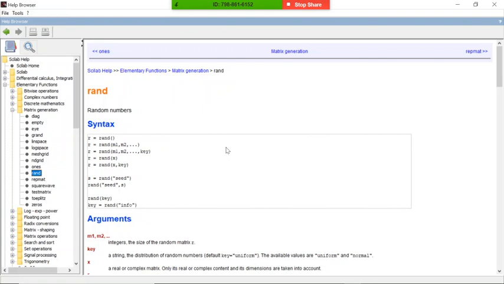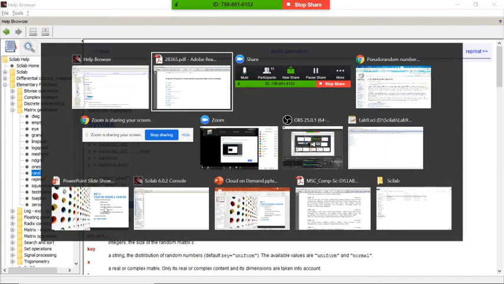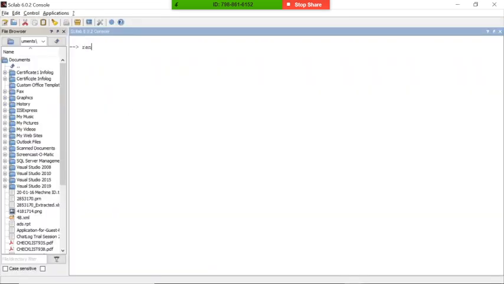You can see there are a lot of different syntaxes: this is to generate the random number, this is to set the random method. Next is the random method info. What is the use of this info? First I will tell you. I'm just typing it, you can check.